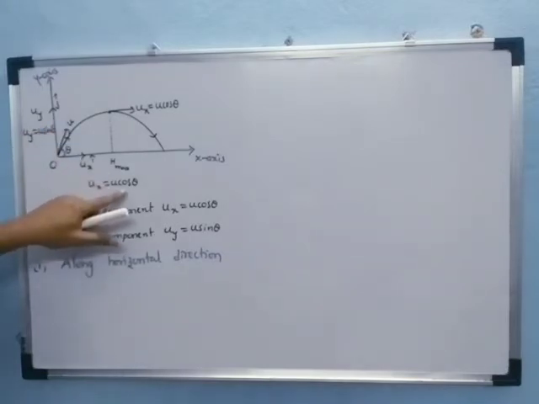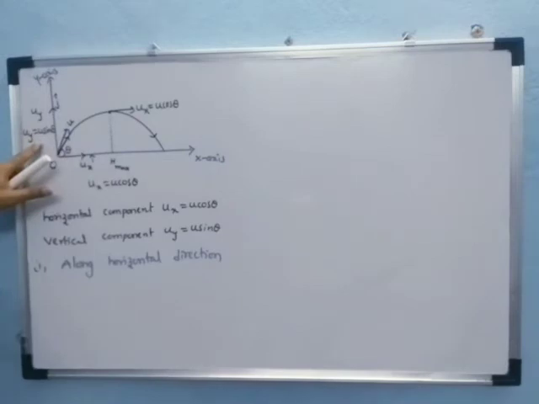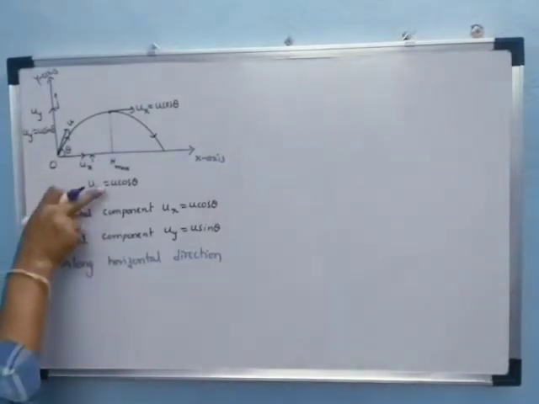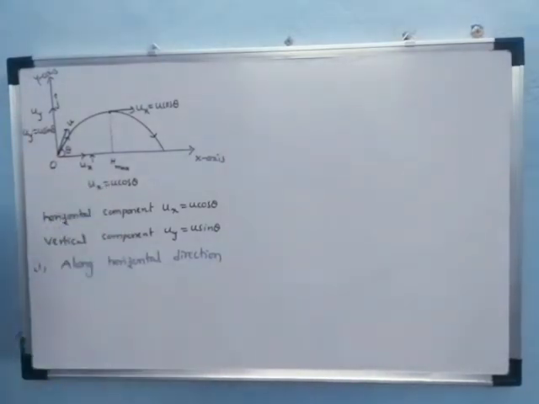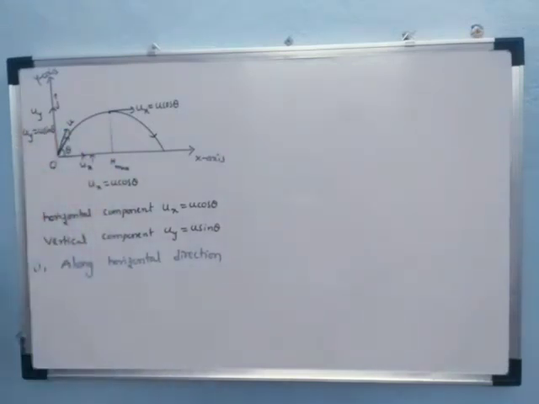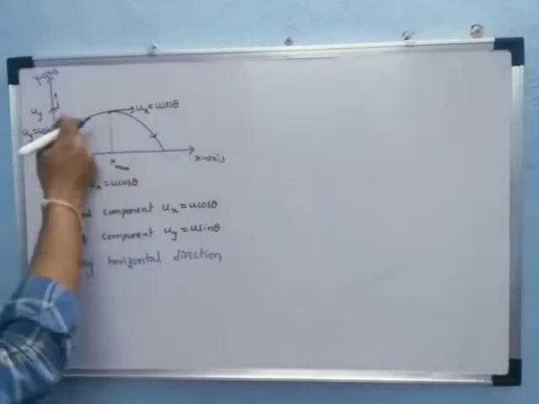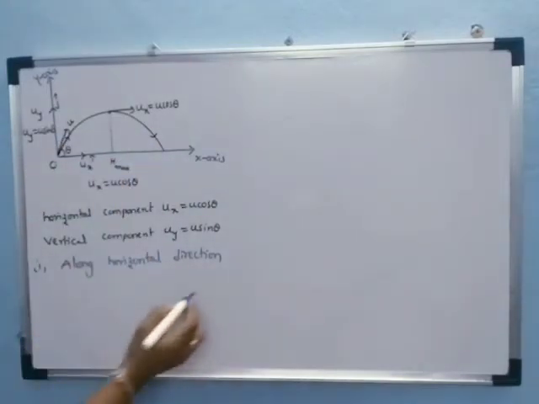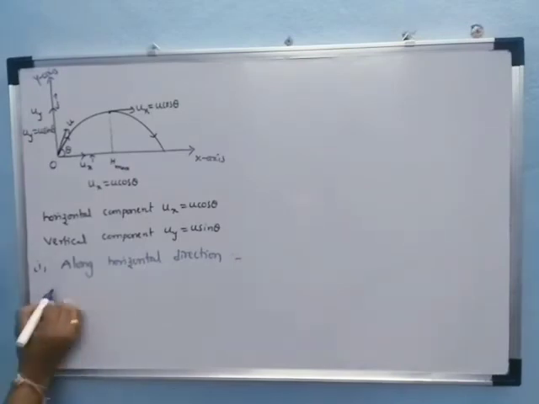One is the horizontal component, another one is the vertical component. Then we can find out the horizontal component of its displacement and also the vertical component of displacement. Finally we can prove this is a parabola. See, along the horizontal direction,